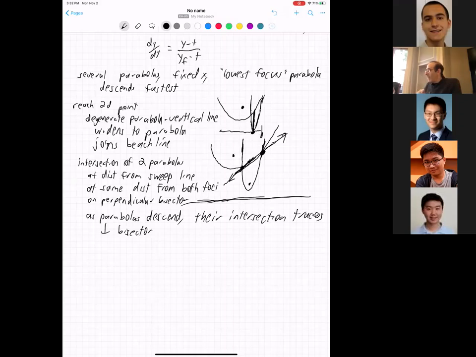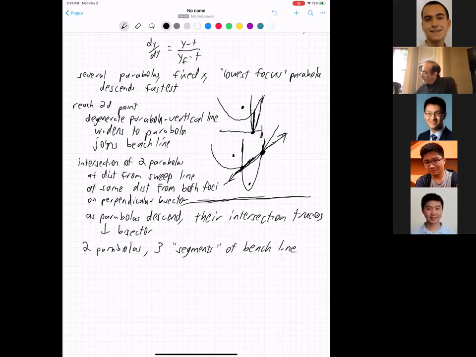So notice that even though we had two parabolas, the intersection of one with the other created three segments of the beach line, because one parabola actually ended up on two separate segments of the beach line. Clear? I didn't get what you mean. So